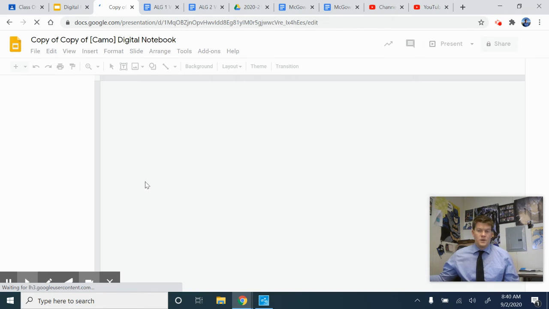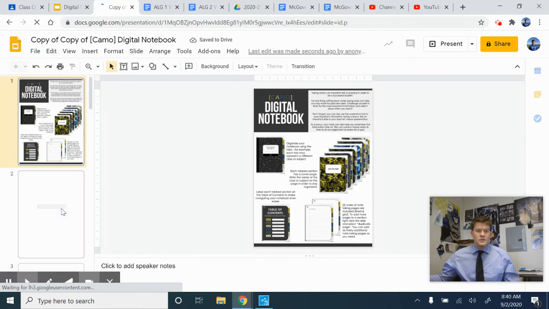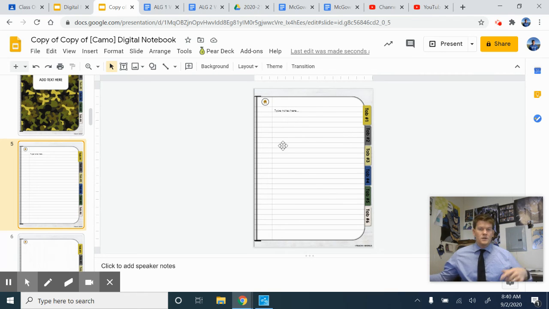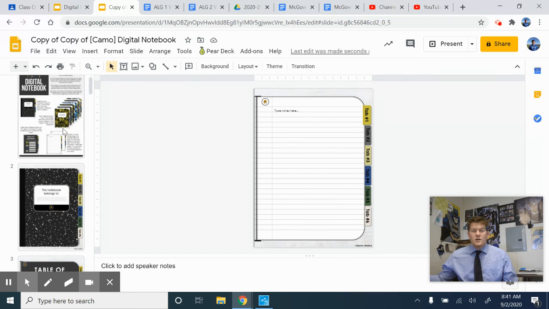It's just digital. They could screenshot into this notebook and have the information from our slides, from our lessons, from our videos dropped into this notebook. They could also type and text. They could also insert cameras. They could insert pictures. I know some of us are a little more old school and we like the pencil and paper. I myself do. So you could write everything on pencil and paper and then take a picture and it'll drop into your digital notebook. So there's a lot of different ways we could work with these, but this is something crucial for math with me because this is how we take all our notes.